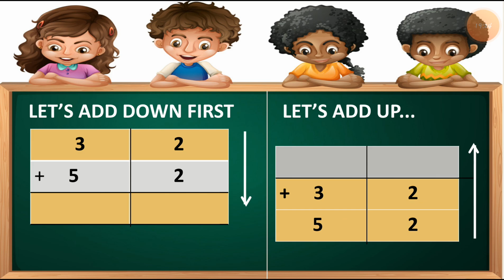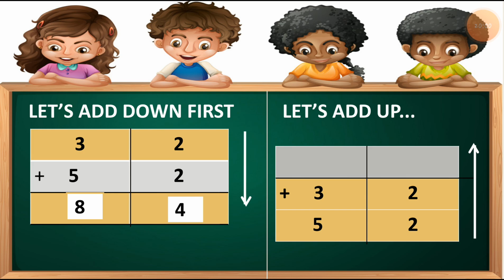Next example, which is 32 plus 52. I repeat this, 32 plus 52. In this, the ones column is 2 plus 2. So in this, the answer is 4. So we can write down number 4 as the answer. Now let's move to the tens column, which is 3 plus 5. So 3 plus 5 is equal to 8. So I write number 8 here. Now the answer is 84.